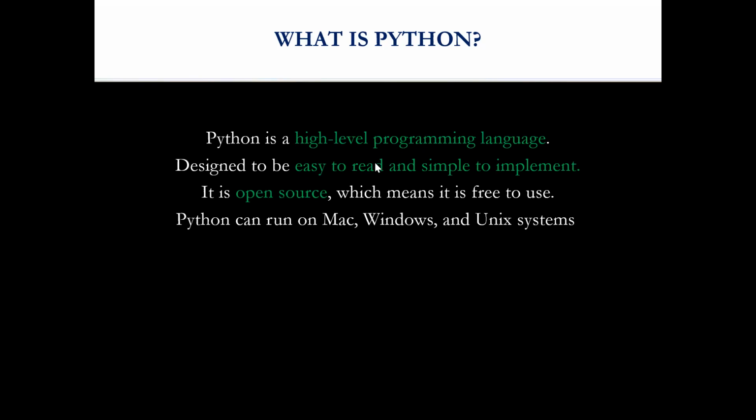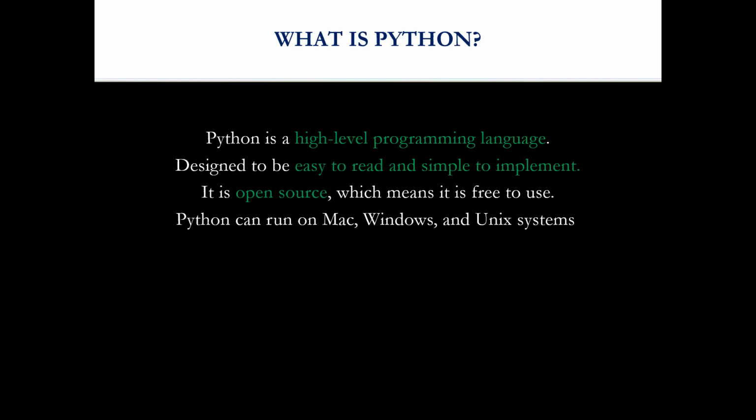No problem. So yeah, these are the two reasons, and the third reason is that it is open source. What do I mean by open source? For the installation part and for the interfaces, you don't have to pay anything. Anyone from anywhere in the world can freely install and play with the Python code in the interface. So these are the major factors why everyone is planning to switch to this language. And also Python can run on Mac, Windows, and Unix systems. So this was about what Python is and why it is trending these days.